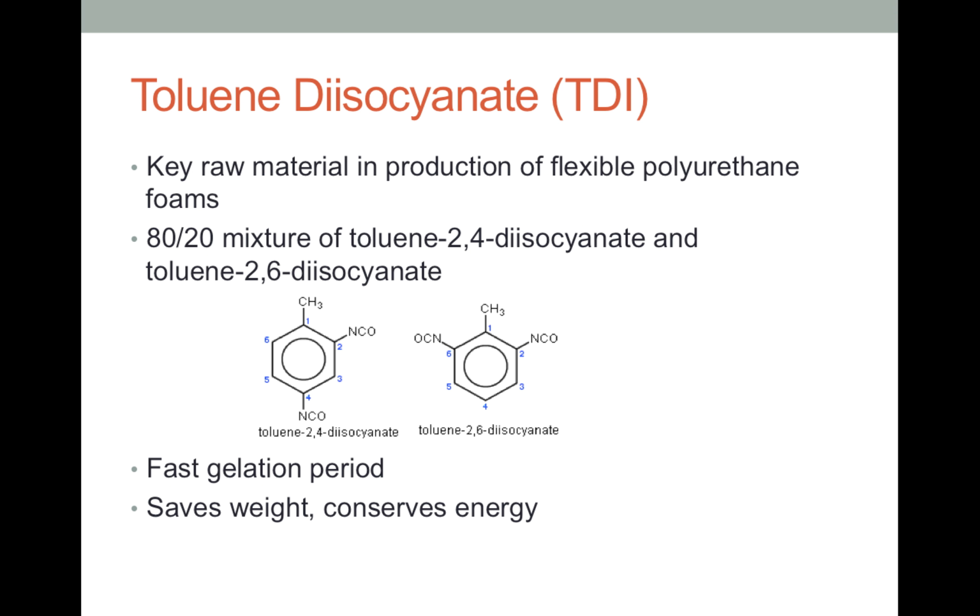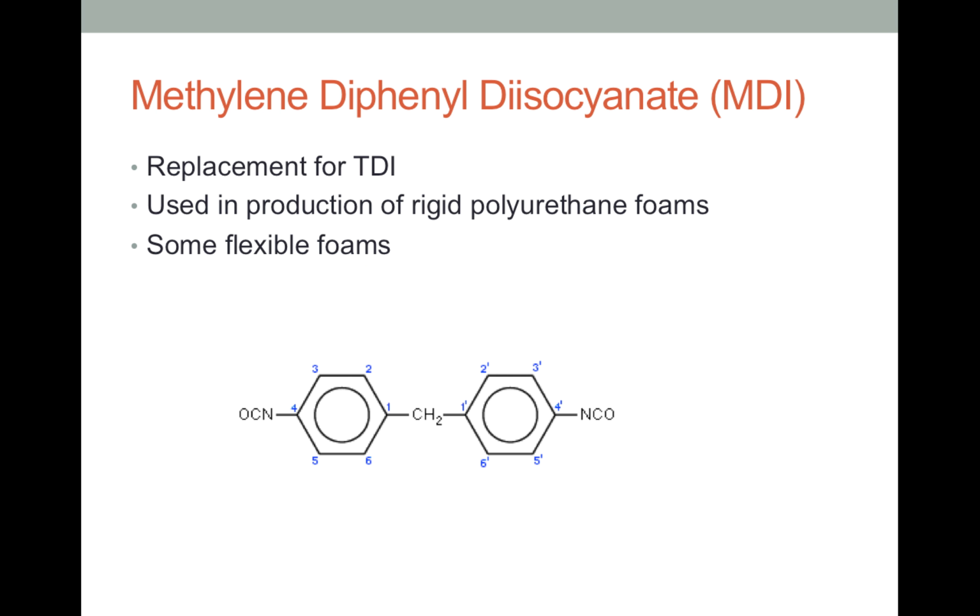and as mentioned above, overexposure to TDI can be a health risk because of its poisonous nature, and the possible routes of exposure are through inhalation, eye contact, skin contact, and ingestion. TDI is used because it helps produce lighter automobile parts, which saves weight and leads to improvements in fuel efficiency, which therefore conserves energy. The other commonly used isocyanate for the production of polyurethane foams is methylene diphenyl diisocyanate, or